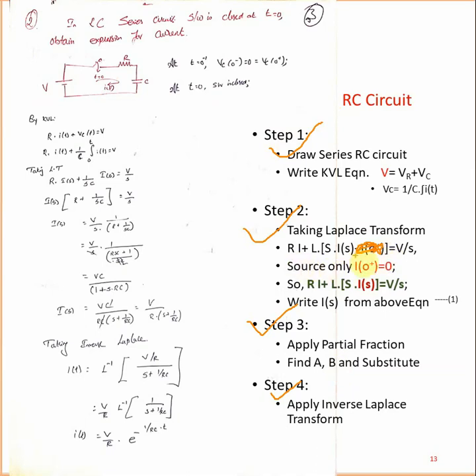Then what is the equation? These are the equations. Here R and C are there, which means L should not be present. L is applicable only for the RL circuit. Then V is equal to VR plus VC. What is VR? VR is equal to I into R. What is VC? VC is equal to 1 by C integration I of t. So substitute the VC. What is the right hand side? In the right hand side is V, voltage.